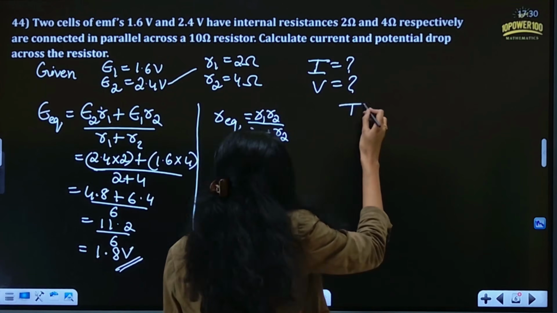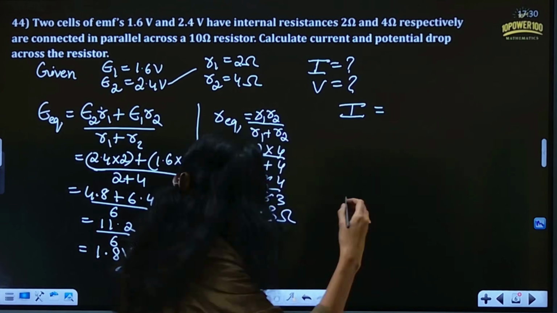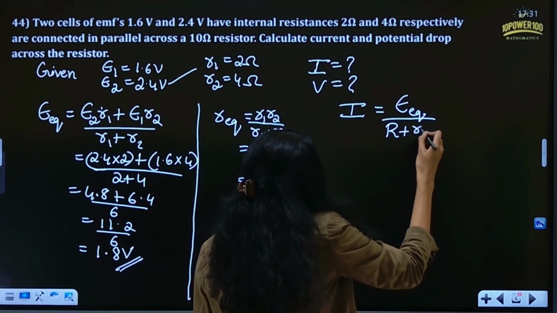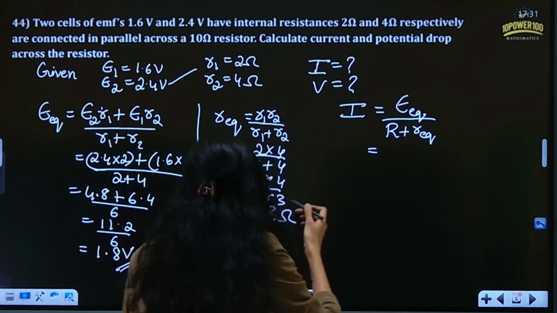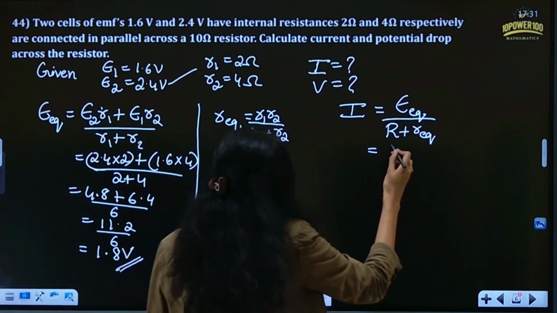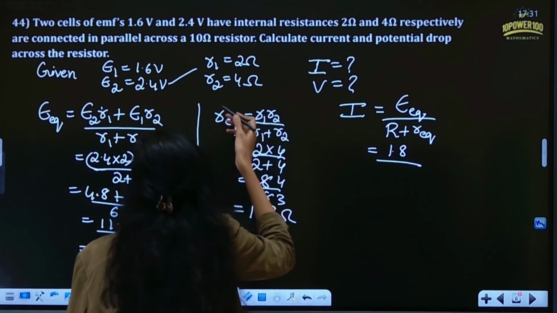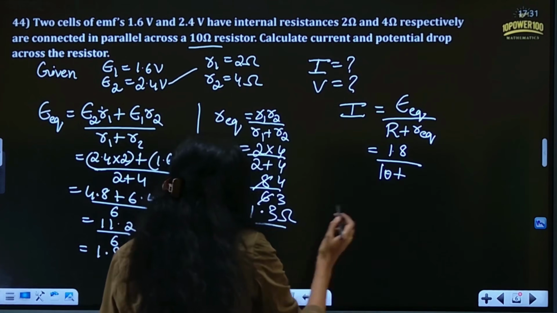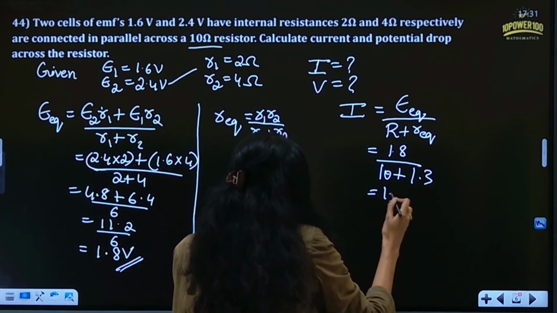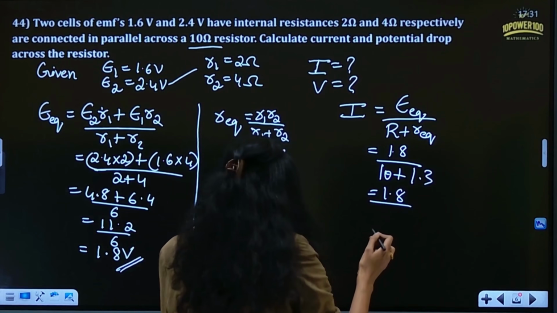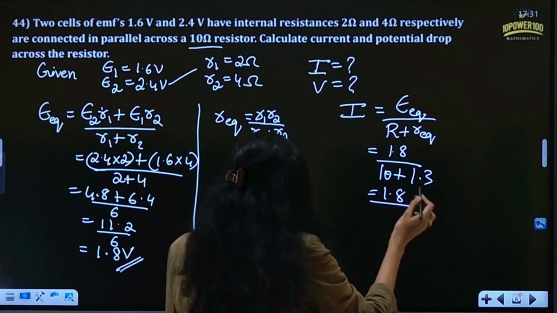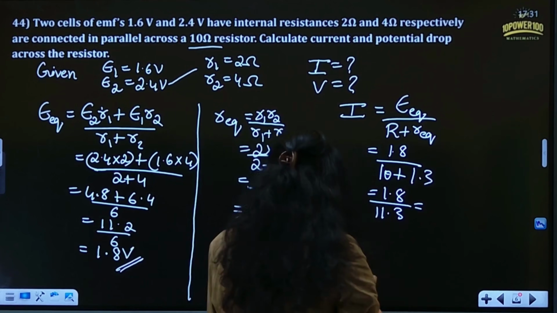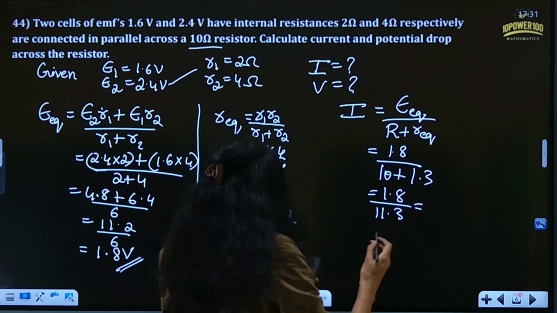So we have a current formula with respect to internal resistance and equivalent EMF, that is I equals E divided by R plus internal resistance. Equivalent EMF is 1.8, divided by R. The total resistance is given here, that's 10 ohm, plus the internal resistance is 1.3. So you will get 1.8 divided by 10 plus 1.3, which is 11.3. So you will get something around 1.8 divided by 11.3,